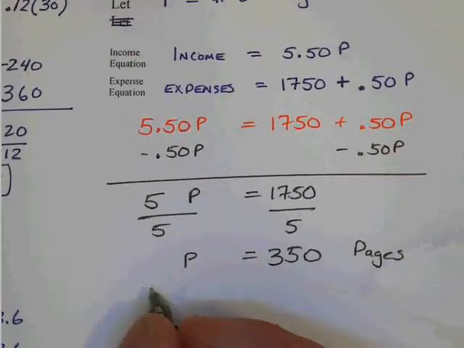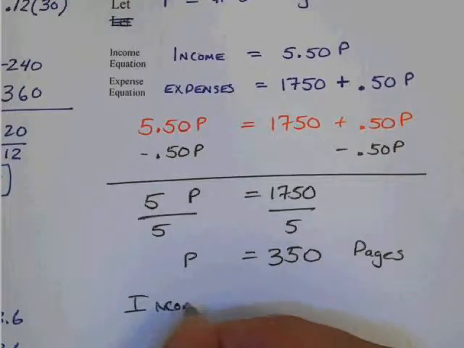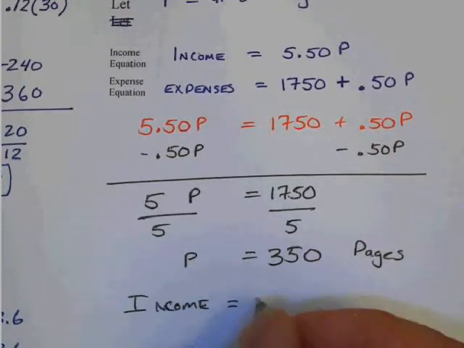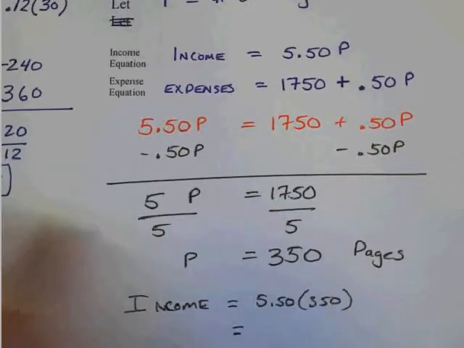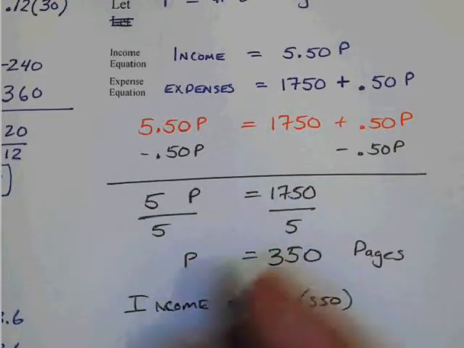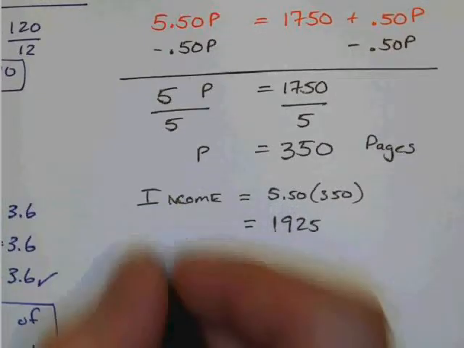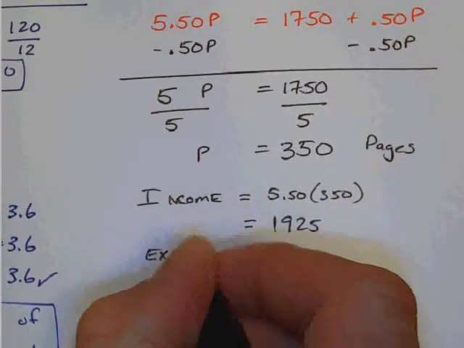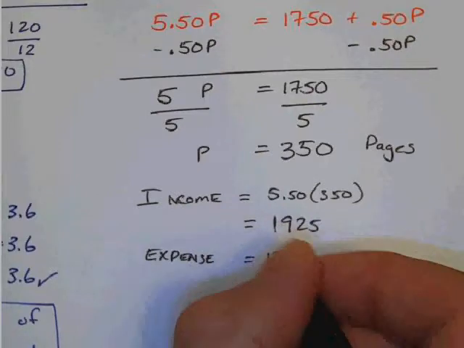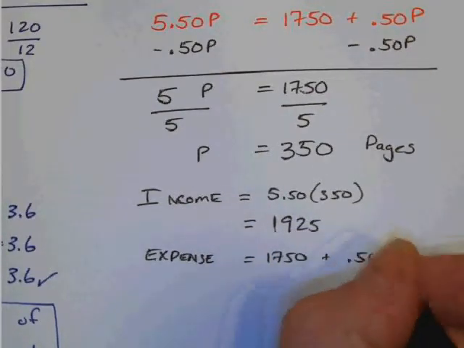To check this, all we need to do is we need to say what is the income. $5.50 times 350. Get my calculator. Income, $1,925. Now let's take a look and see what our expenses are. $1,750 plus 50 cents times 3